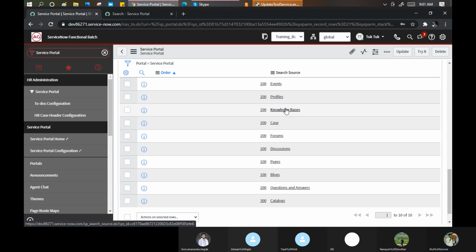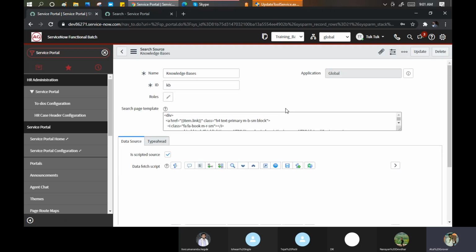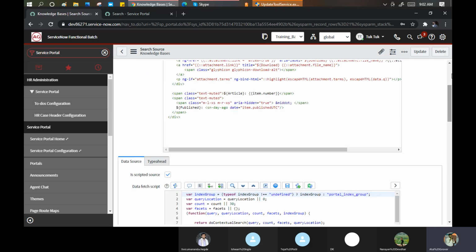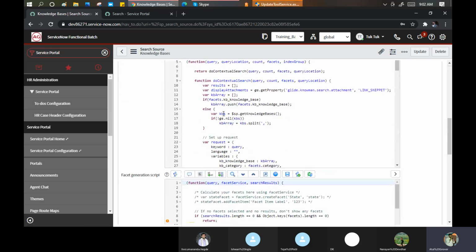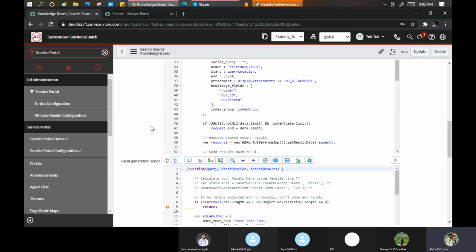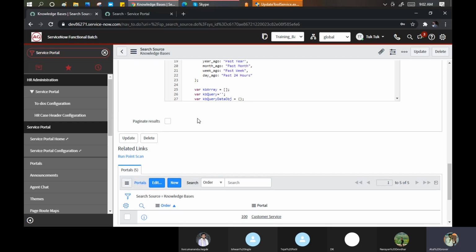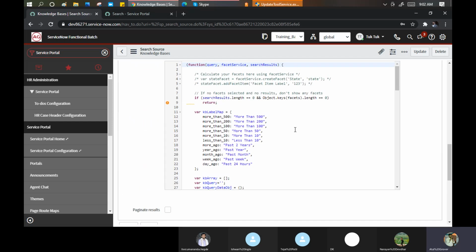Because nothing is coming automatically here, everything we people defined somewhere. Somehow we defined it. Search page template. Okay, let me scroll down this. It's complete scripting, so I have no knowledge on that part. Customer portal, no. More than 200.